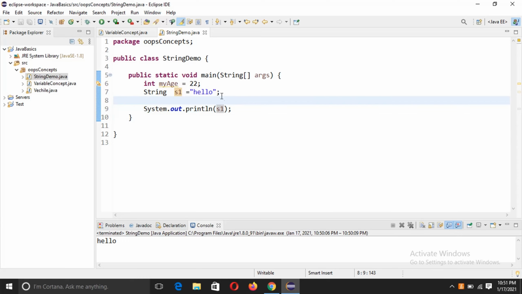Now I'm going to show you what you can do with this string object. I'm going to concatenate this. I'm going to add my int variable, my age, and this s1 using the plus operator.